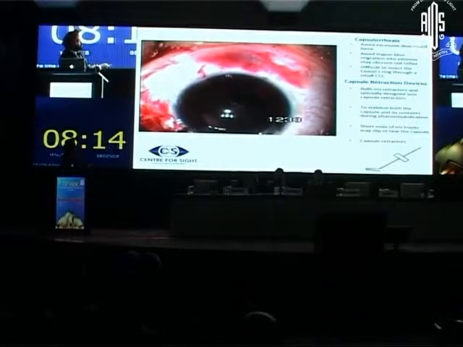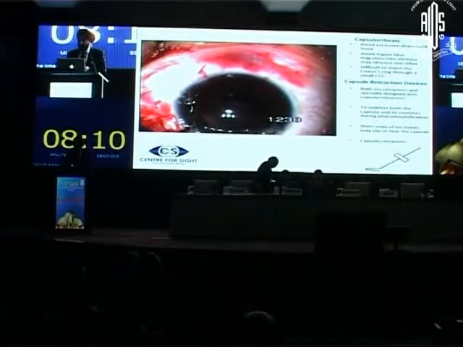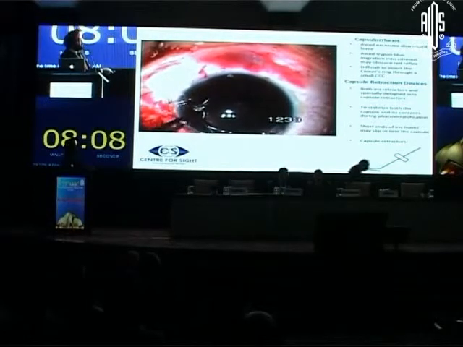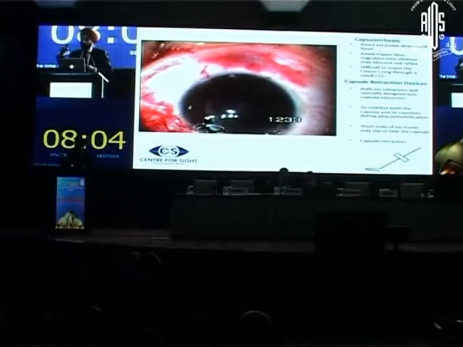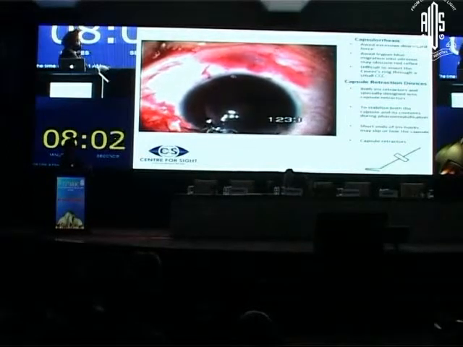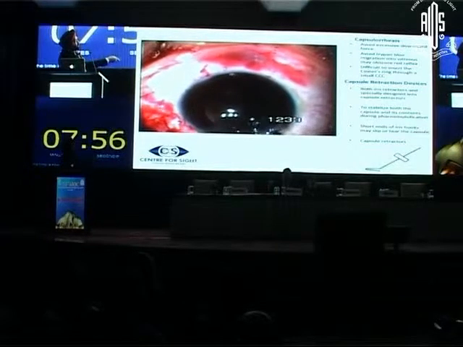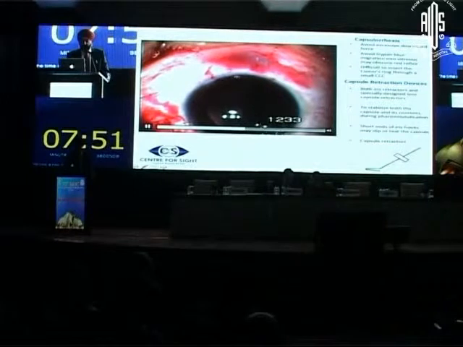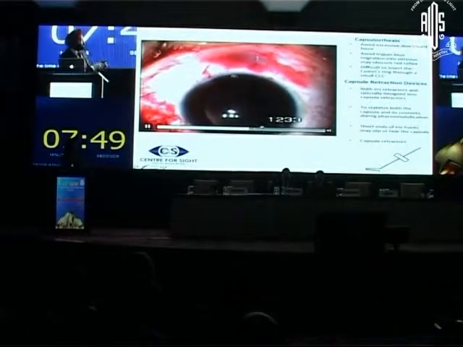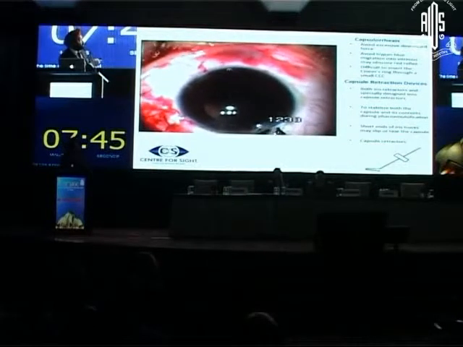The ring cannot be pushed in by an injector system because there is an eyelet. There is a Cionni eyelet here, so you cannot pull it into an injector system. So you have to manually put this in, and you can see that a suture has already been tied. This is the Prolene that is coming into view, and this is slowly and gently put into the capsular bag. So you will see it going into the capsular bag.